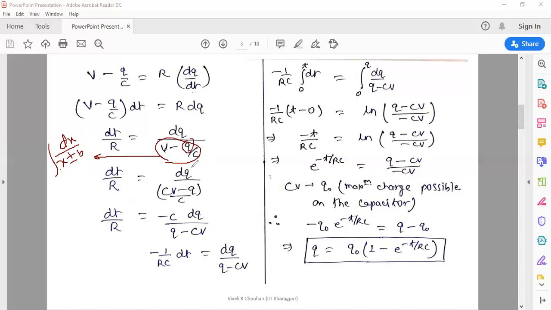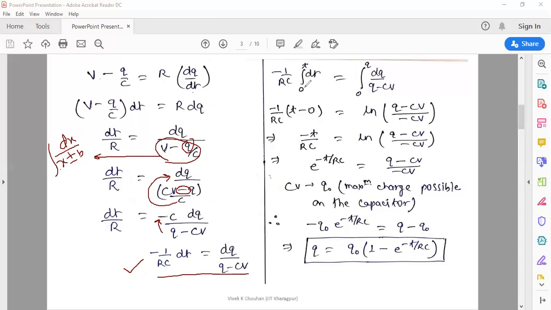So what we did here is we multiplied it with C, and this C will go to the numerator, and since there was a minus sign, we have taken minus 1 as common and introduced it to the numerator part. So we will be left with this kind of expression finally. As soon as we reach here, we are in a situation of integrating the equation. So we will integrate it.